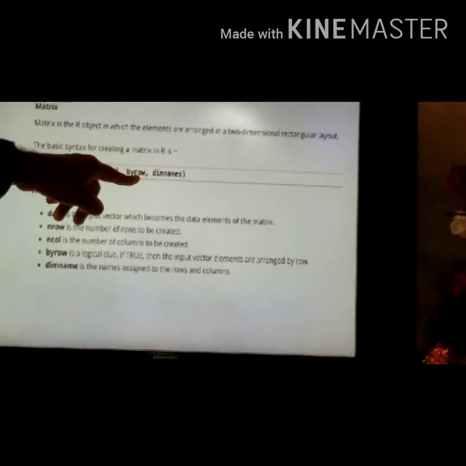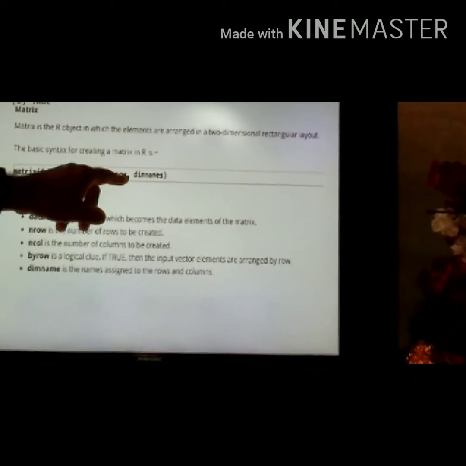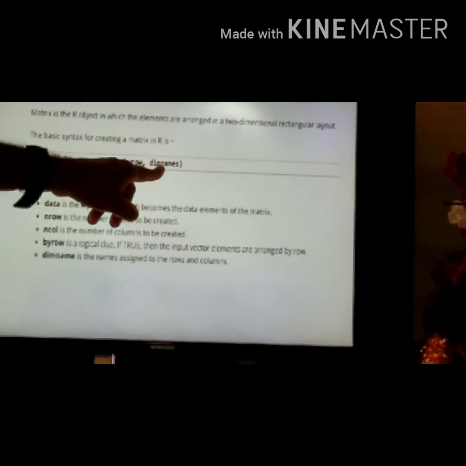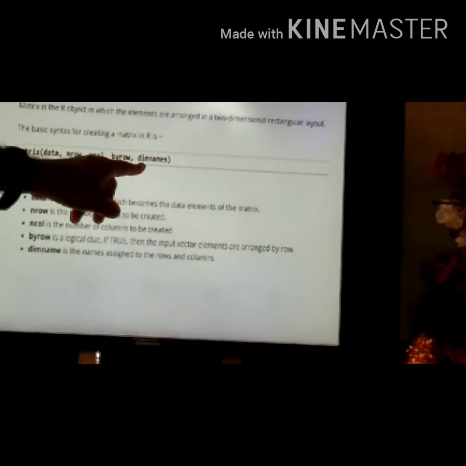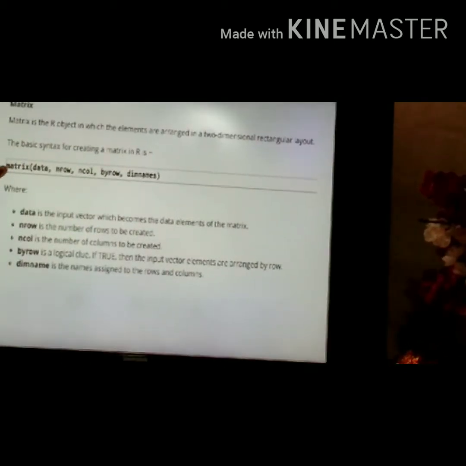If you want to arrange the data row-wise, byrow equal to TRUE. If you do not need to arrange the data row-wise, byrow equal to FALSE. And we also want the dimension names of the matrix, that is dimnames. So this is the total syntax of the matrix.